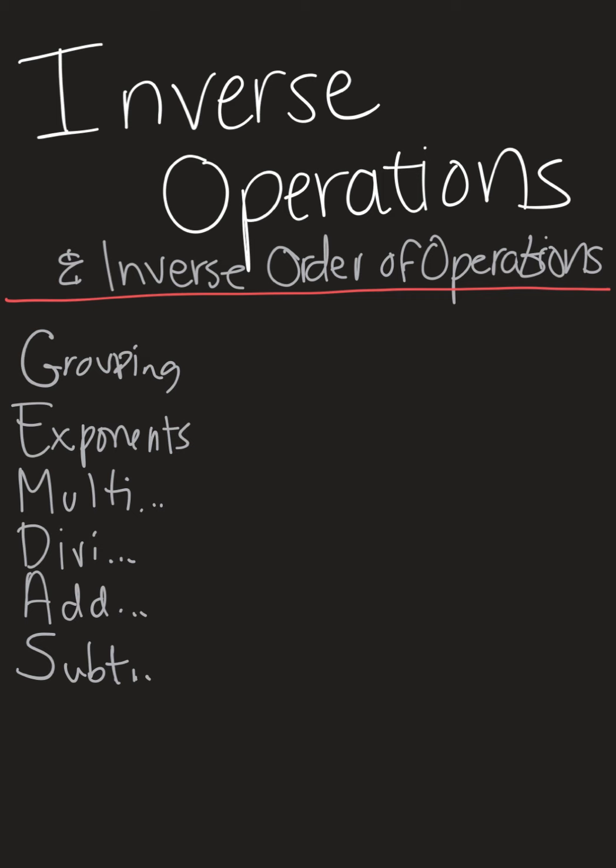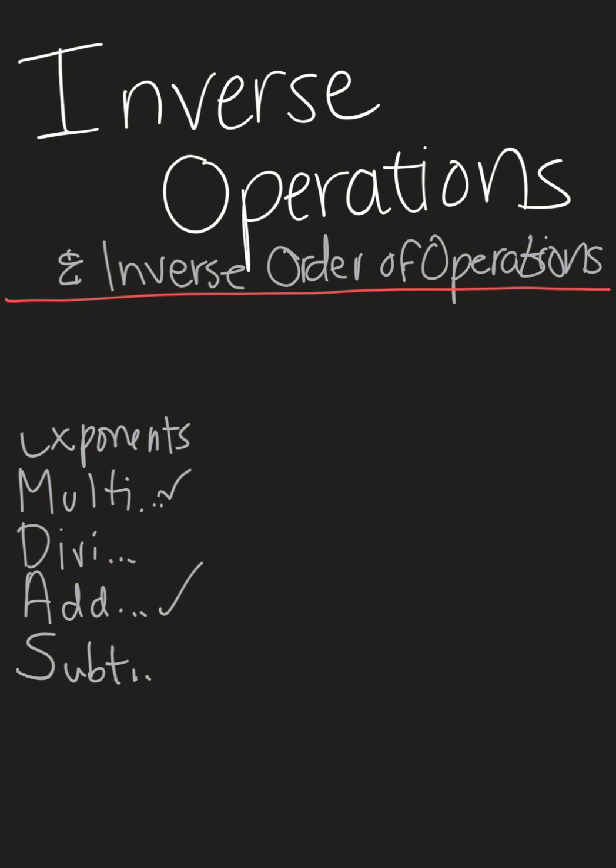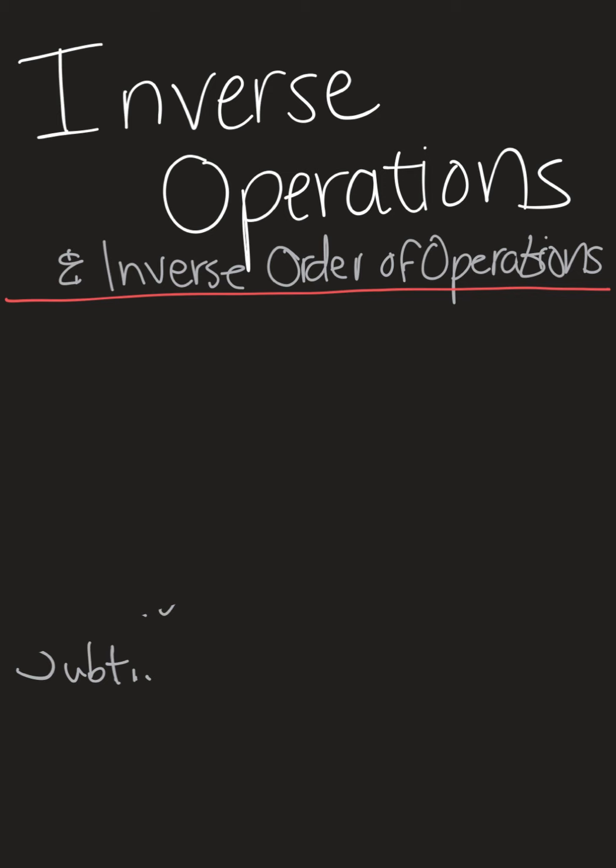That's when we are simplifying expressions. For example, 3 plus 2 times 4 minus 7, right? I would do the grouping symbol, the parentheses first. Then I would multiply, and then I would add, right? Because I have grouping, and then I have multiplication, then I have addition. Okay? But there are equations that we're going to solve, and our goal when solving an equation is to isolate